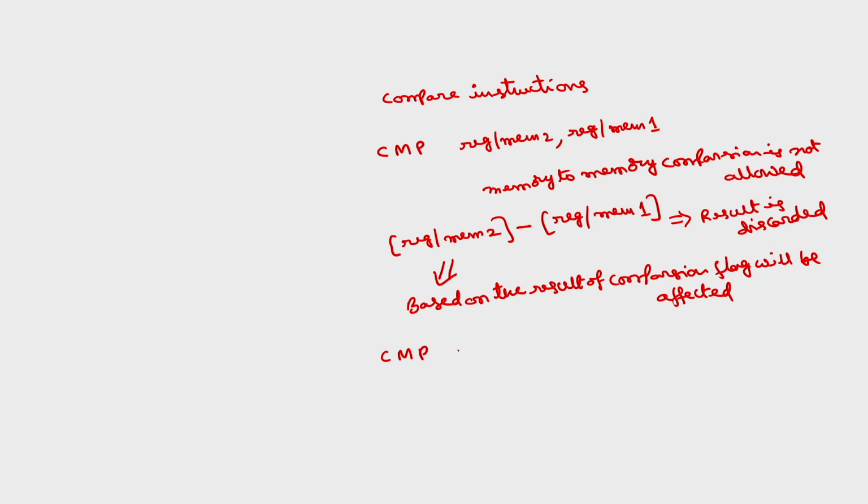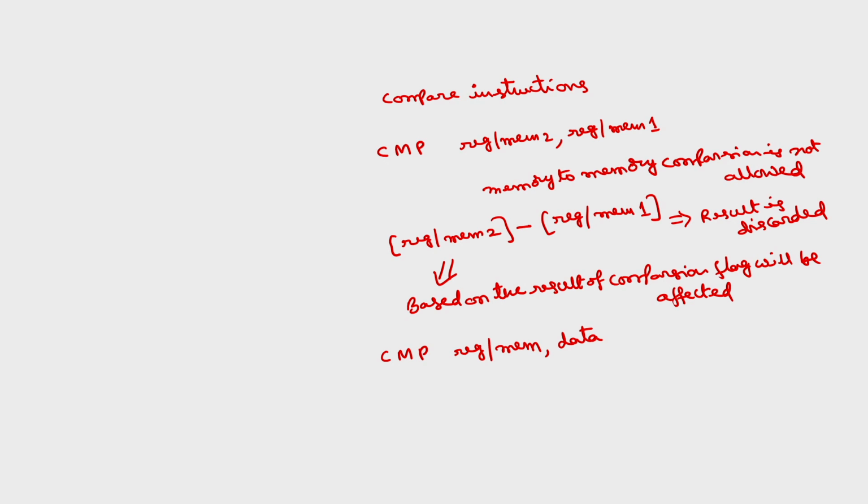The second compare instruction is register/memory contents with data. We can give an 8 bit register or 16 bit register, and memory can be either byte or word. We have to use the data correspondingly, which can be 8 bit or 16 bit. If you give an 8 bit register, the data also should be 8 bit. If I give a 16 bit register, the data must be 16 bit. If I read a byte from the memory location, the data size should be 8 bit. If I read a word from the memory location, the data size should be a word, which is 16 bit.